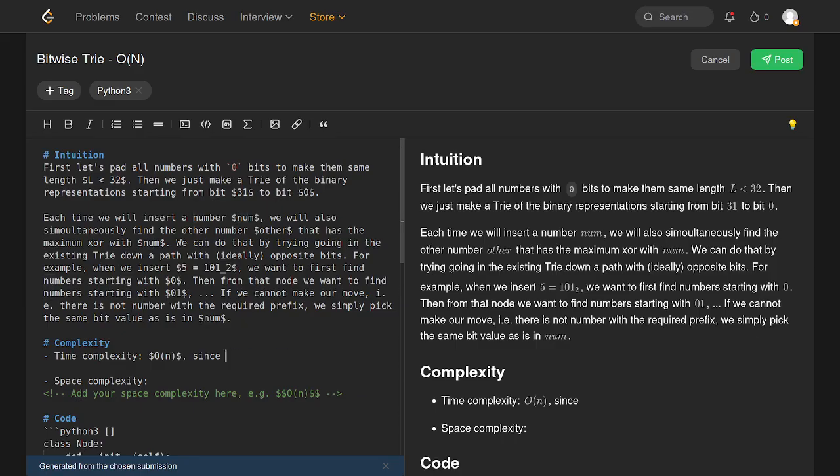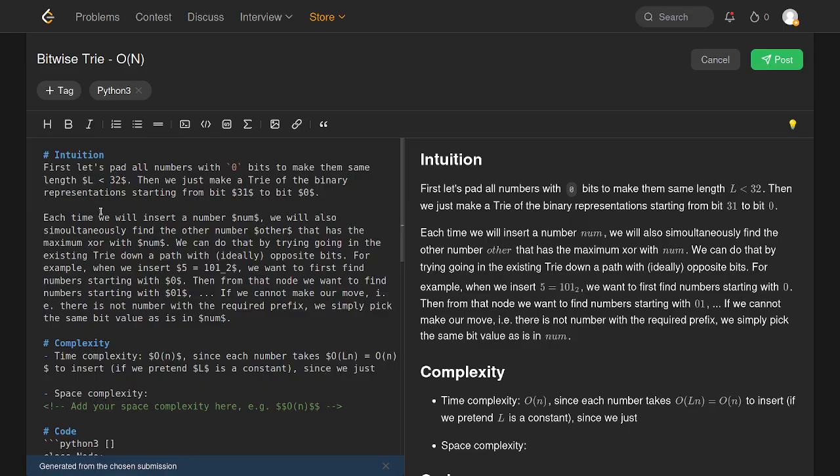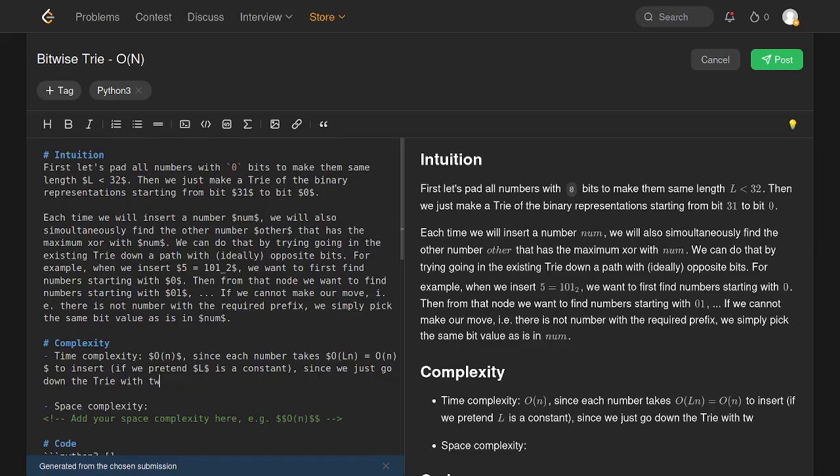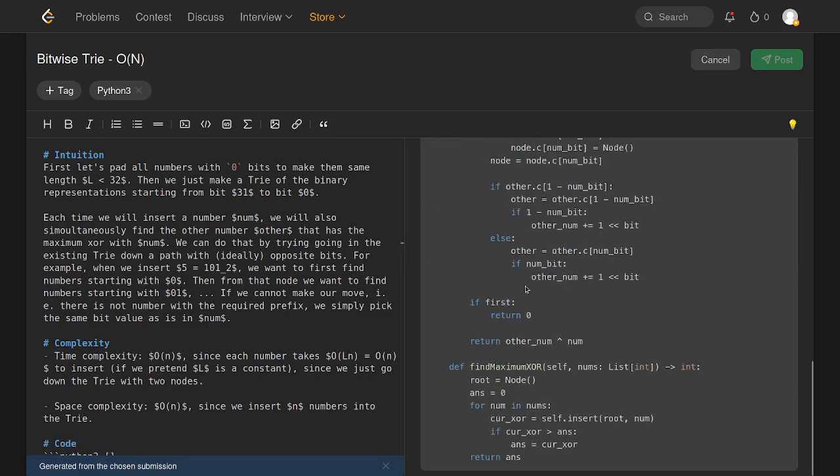Since each number takes all 32 bits, O(LN) to insert if we pretend L is a constant, since we just go down the trie with two nodes. O(N) since we insert each number. Okay, I guess, I mean, horrific explanation and code,